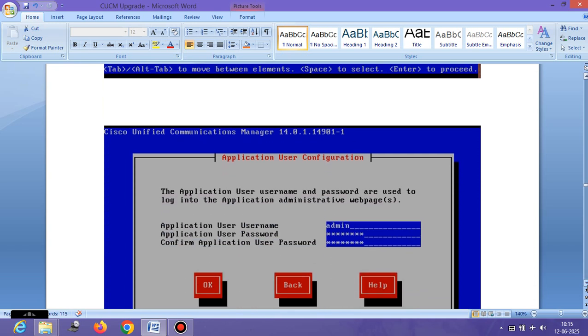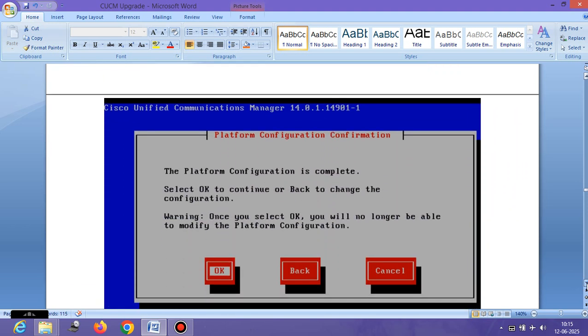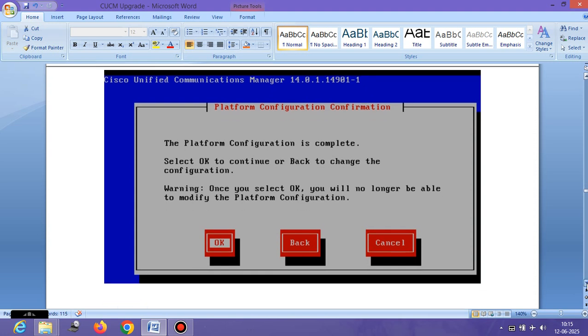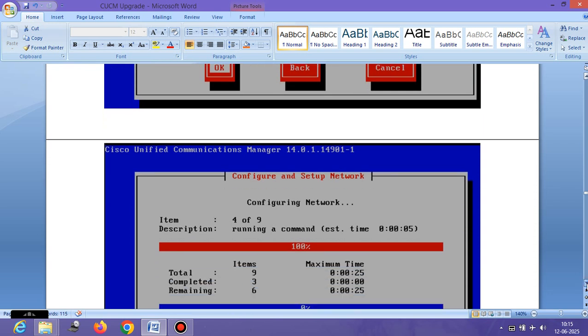And then the application username and the password, right? This password is used for the application users. So those who are the admins, they should have this username and the password to log into the call manager servers, right? And then next, the platform configuration is complete. Click OK. So after some certain reboots or untarring the file, it will say that everything is good,